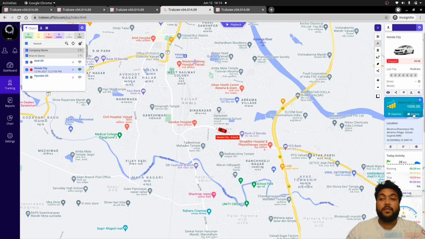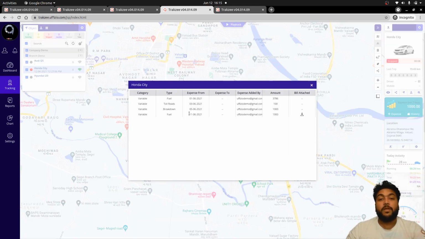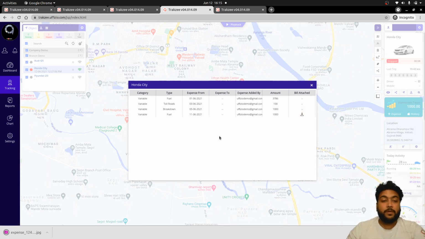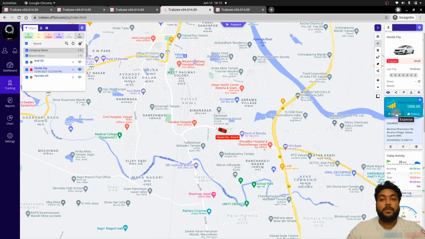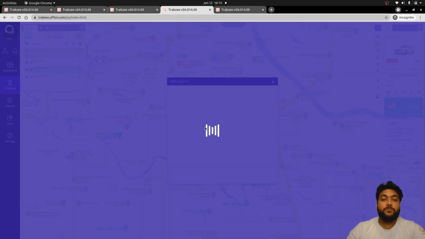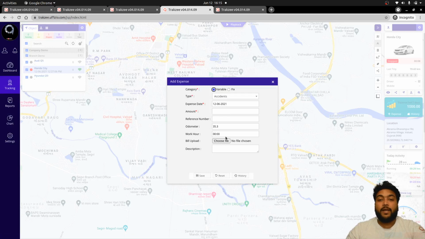And if you want to find the history information, you need to click on history, and based on that the history information will be reflected. So based on the attachment of the bill, you will be able to download the bill from here as well. And also you can add the expense from the tooltip, like the process we did. So when you click on the add expense option on the live tracking screen, you will get the same option to add the expenses. So you can add the expense, also you can view the history information and save the record, so the expense will get added from the live tracking as well.